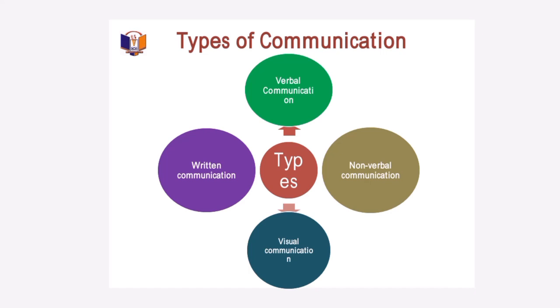Finally, we have the written communication. The novels you read is a kind of written communication, because the writer at that point in time is not with you, but you're able to follow the storyline to understand whatever the writer is trying to say. That is what? Written communication. Most of the textbooks you use, in the absence of the lecturer, you're able to follow the topics chapter by chapter. Is a kind of what? Written communication. Most times you go on the internet to surf, to search for information. You read it. It's visual as well as what? Written, because in as much as you're seeing it, you're equally reading it. So these are different types of what?